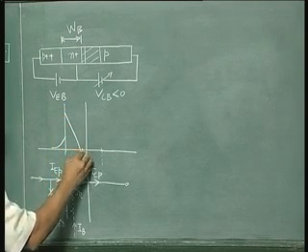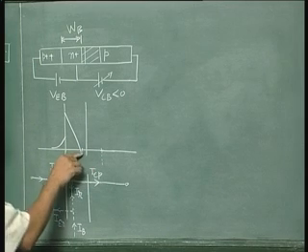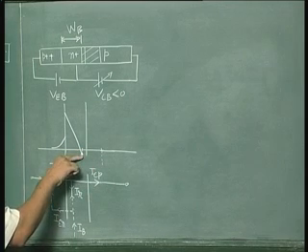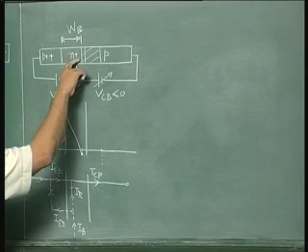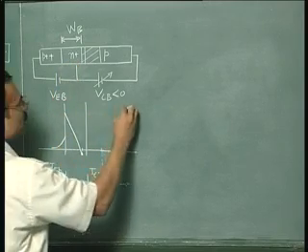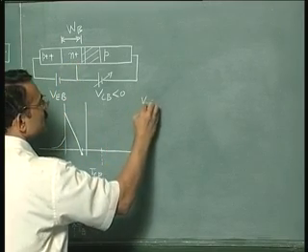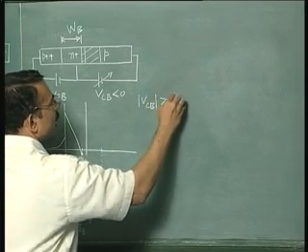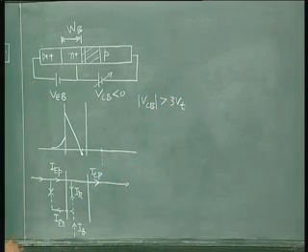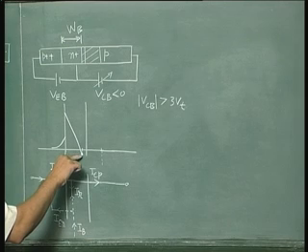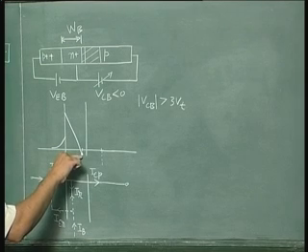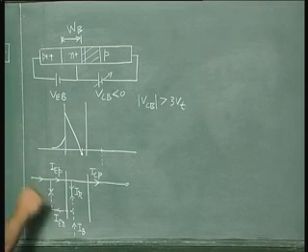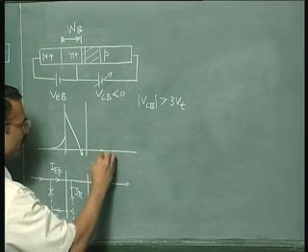So this is the depletion edge. Here you will have a small negative excess carrier concentration equal to the minority carrier concentration, because there is a reverse bias. We will assume this VCB is greater than 3 times Vt. So reverse bias is more than 3 times Vt. So the excess carrier concentration will saturate at a negative value, and here similarly you have